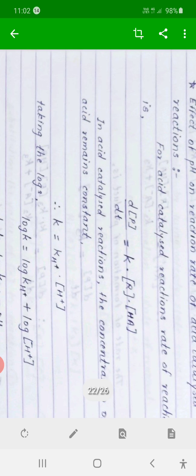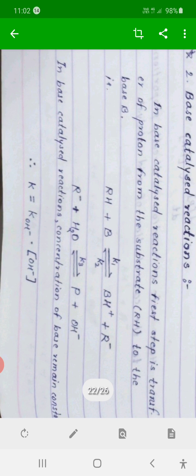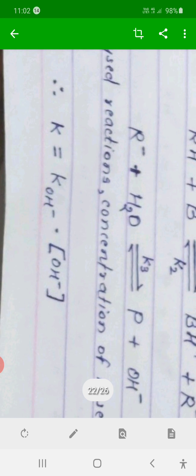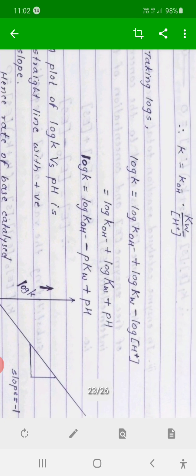In the same way, for base catalyzed reaction, we write that the rate of the base catalyzed reaction is equal to the rate constant for base catalyzed reaction, that is k_OH⁻, into the concentration of OH⁻. Then, taking logs,